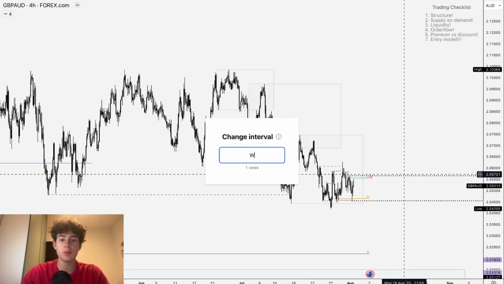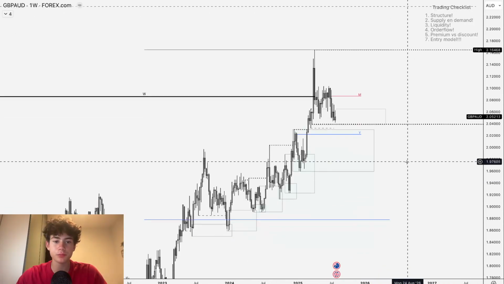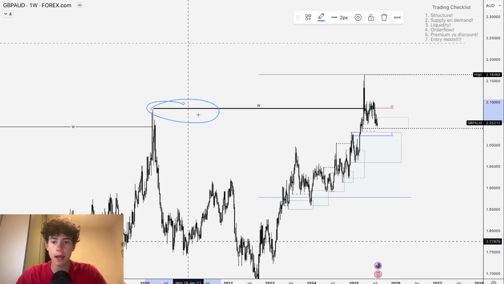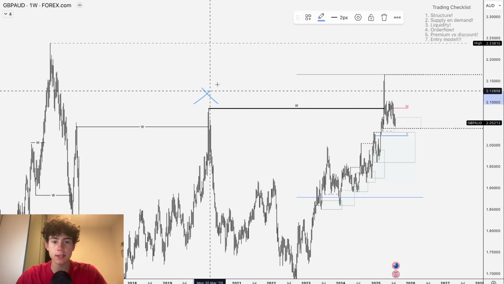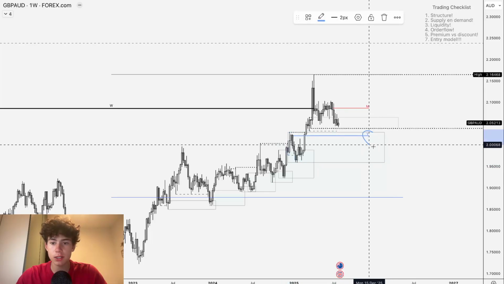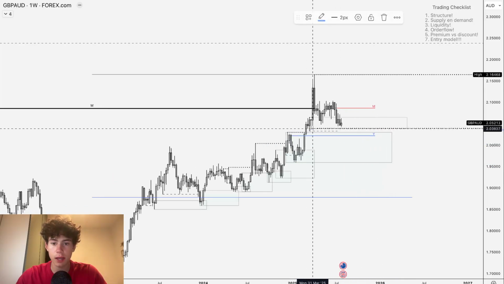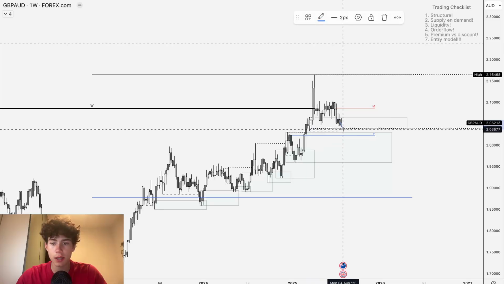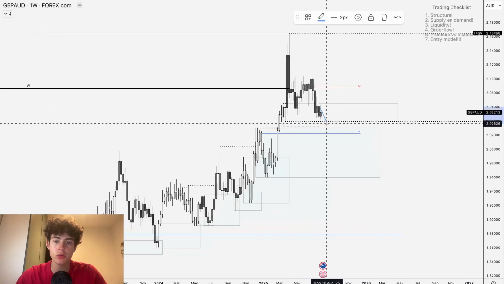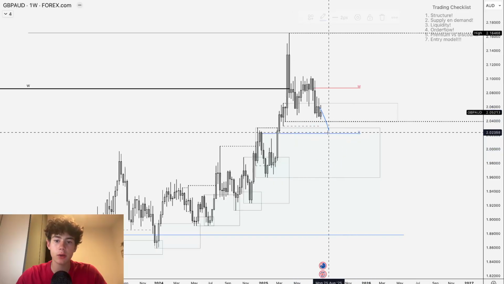Going over to GBPAUD on the weekly, it's a bit different. So we took liquidity above the highs, and as you can see, this is like major liquidity, and we have this demand zone open with this yearly level as well as these liquidity lows. So I still expect some downside on GBPAUD to trade down lower, and from this demand I could expect some